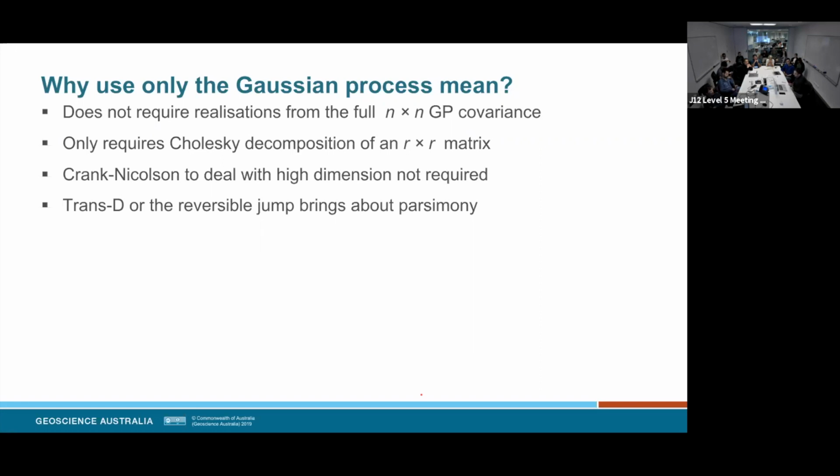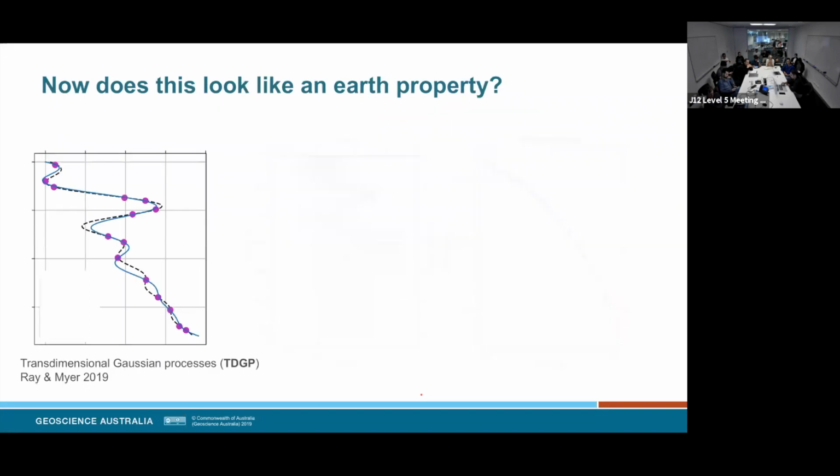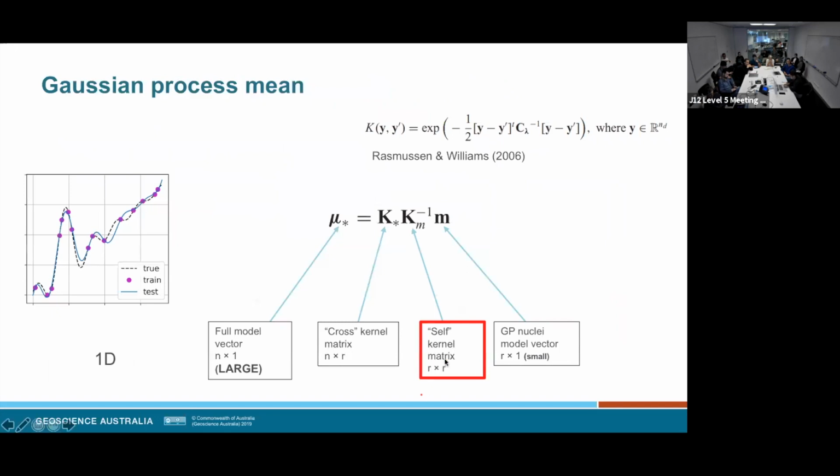And in that case, as we know, getting realizations from a large covariance matrix is difficult, or can be challenging. But in this case, because R, if you go back to this equation, R is much smaller than N, you can do a Cholesky decomposition to multiply these products.